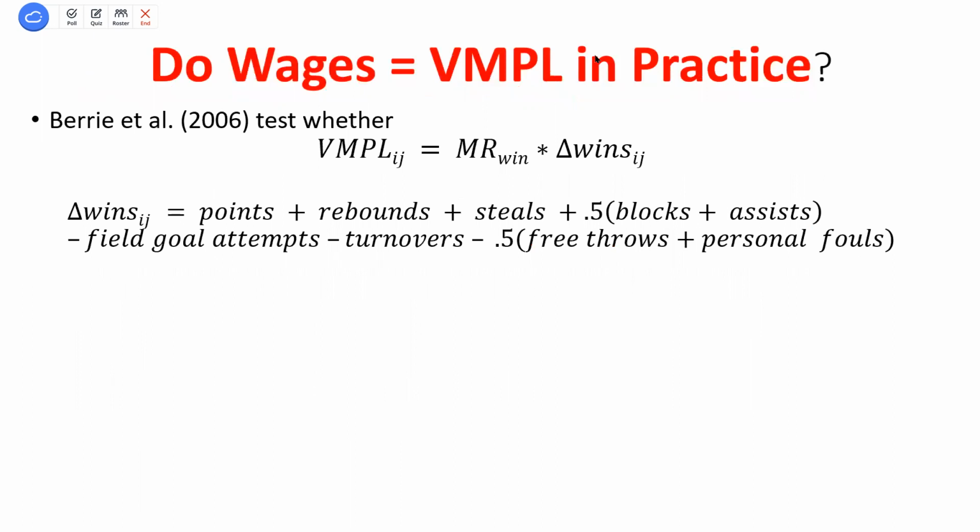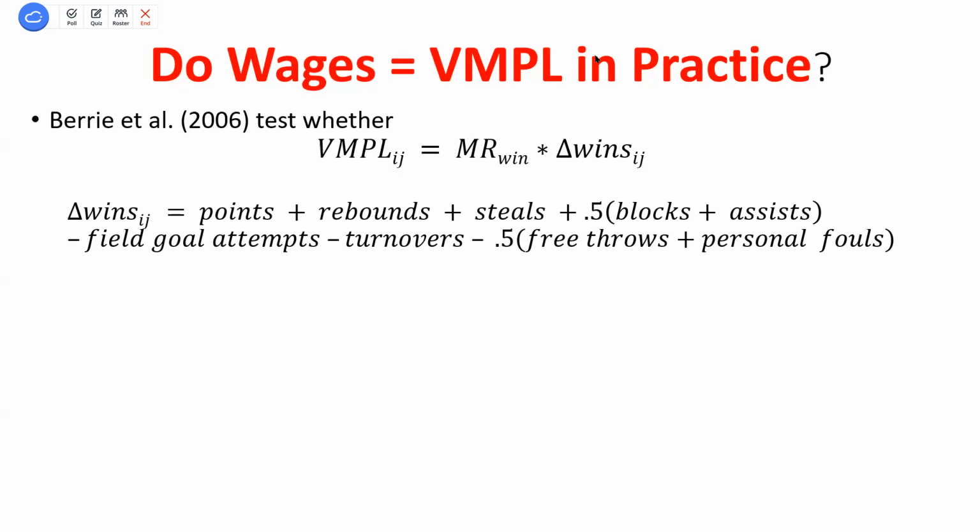Okay. So I wanted to go to some actual data, right? We've got these predictions. What should be true is that if I can add a higher number of additional wins to a team, that's going to push up the demand curve, and I should be getting a higher wage. This intuitively makes sense, right? If I'm a higher quality player, adding more wins to that team, I should expect to be paid a higher wage. So if we think about the demand curve for labor, the value of the marginal product of labor, it's the marginal revenue per win times the number of additional wins that a player brings, or the change in wins from having this player.